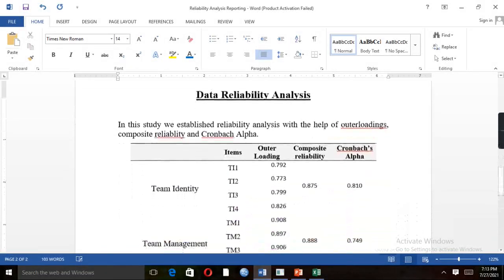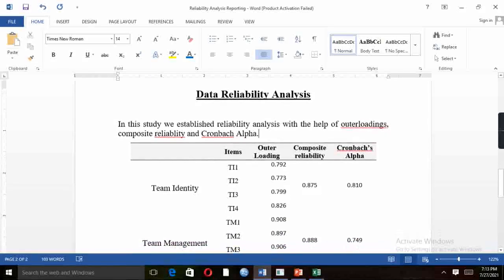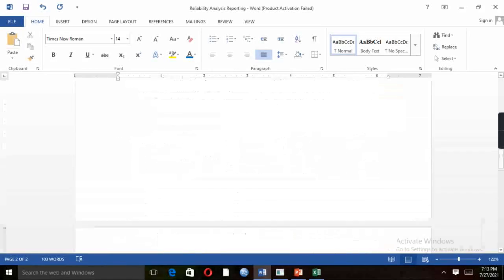So this is how we can interpret our table, which is data reliability analysis.